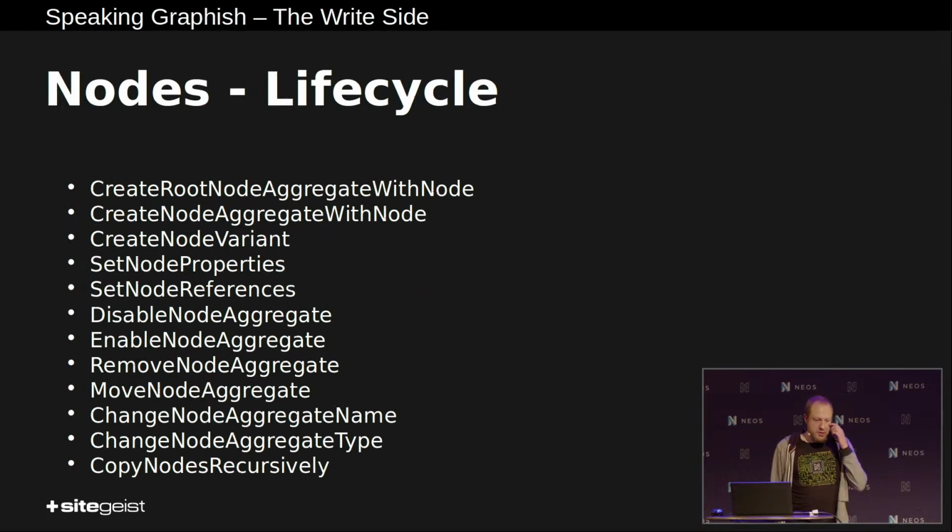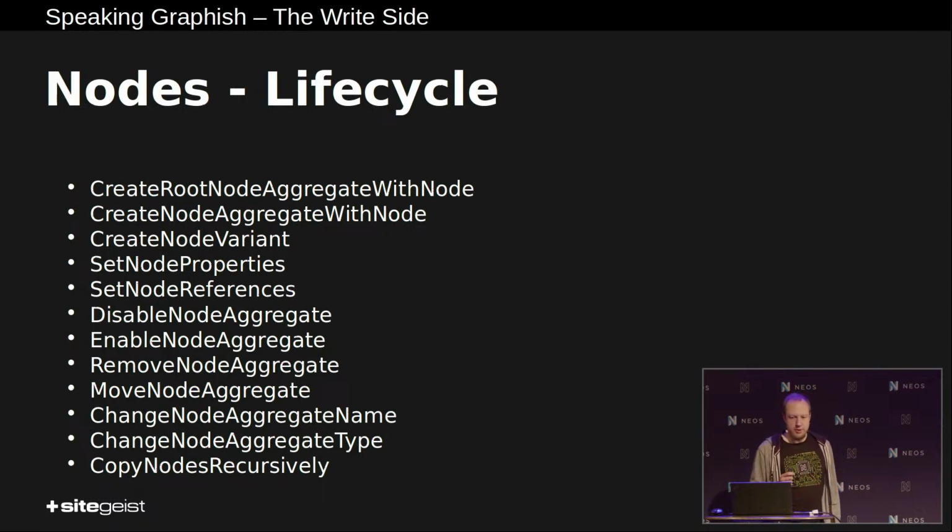So the most important commands are about nodes, obviously, and they basically cover the whole life cycle which a node can have. For example, you can create a root node. That's the first thing you do, obviously. Then you can create other nodes below that. Then you can create variants of those nodes, translating them, for example. You can set properties, references. You can disable nodes, enable them again, remove them, move them somewhere else, change the name, change the type, or